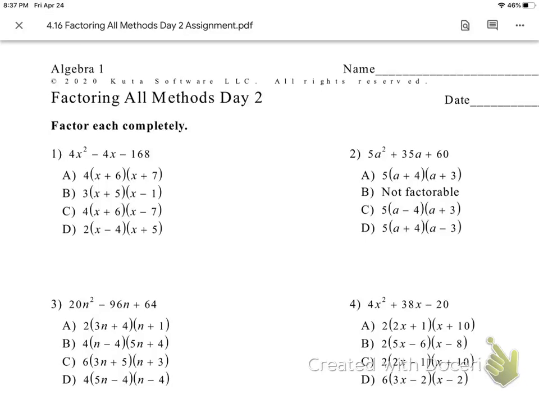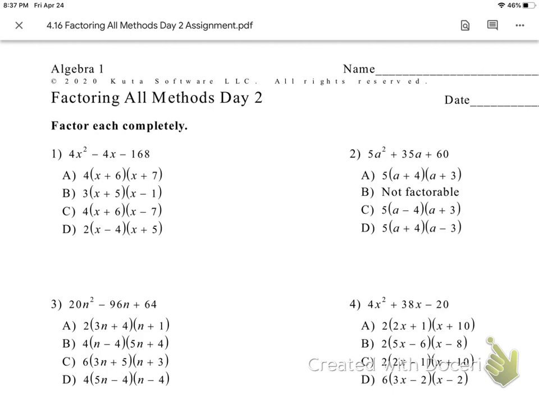Okay, so this is just me working out one example from your homework. I'm going to do number 1, factoring all methods, day 2. I look at this and I see that each of our terms, our first, second, third, are even. And I know that the first 2 I can take out of 4. So I'm going to test to see if I can take a 4 out of